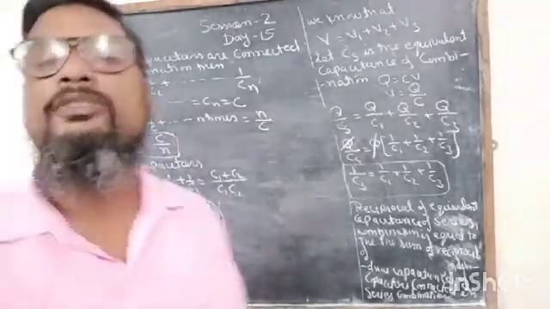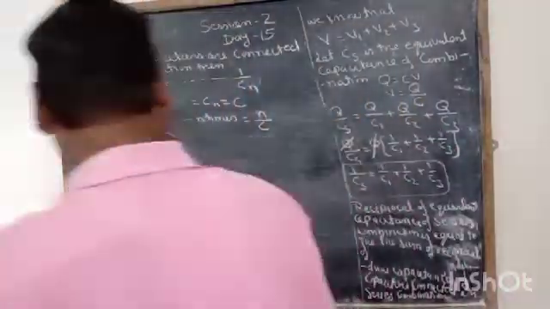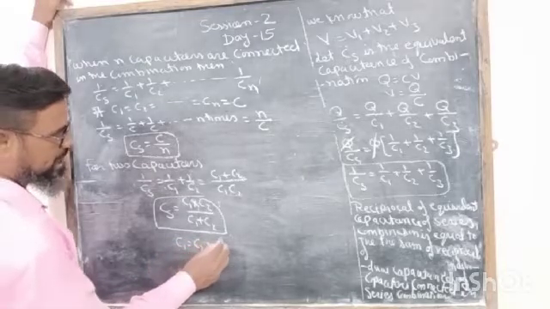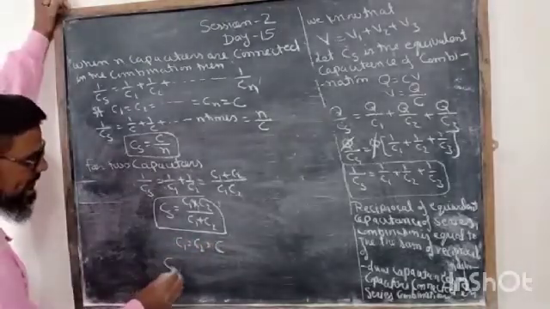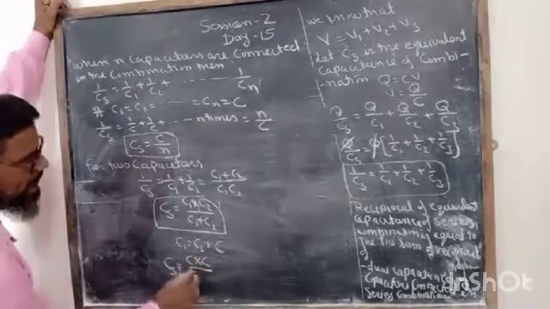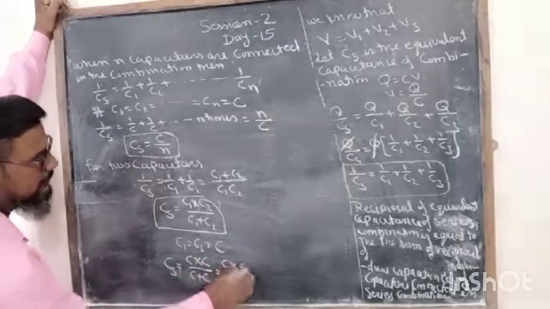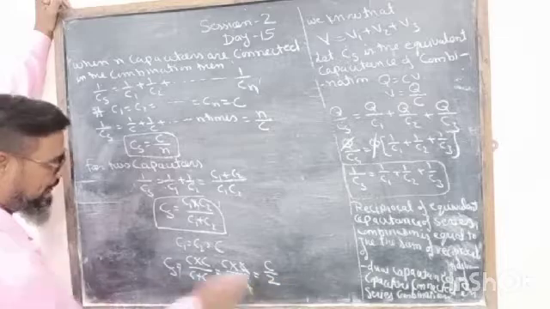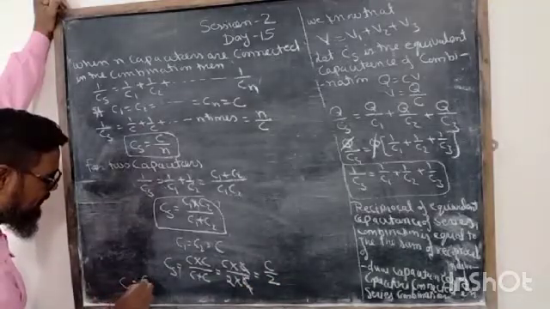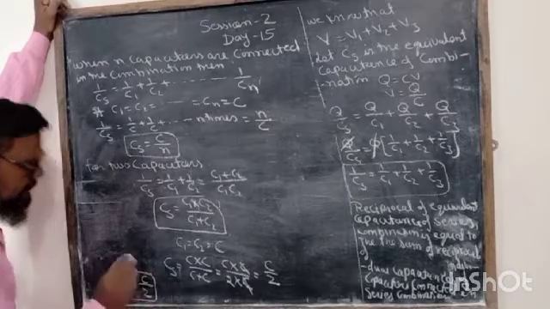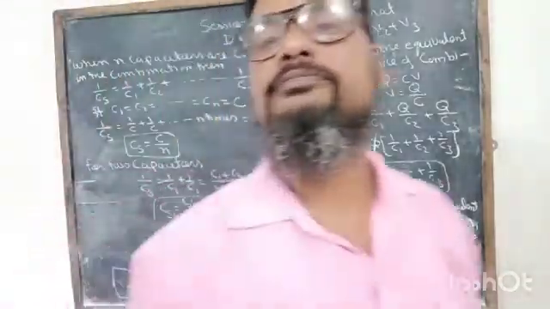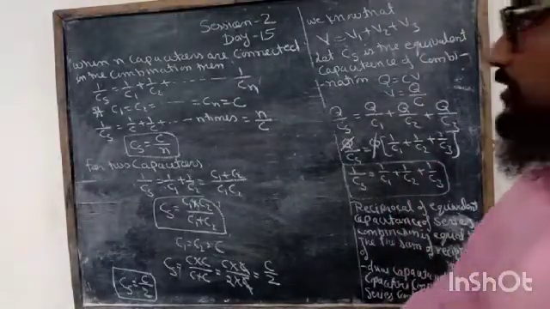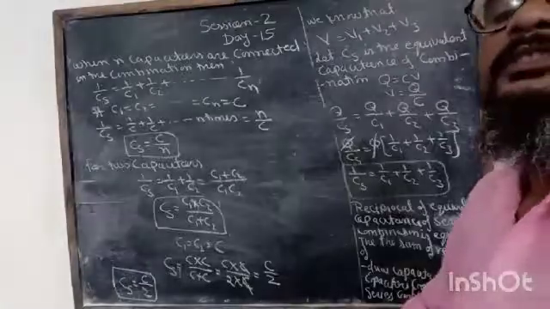This is the value of series combination for two capacitors. And again, if C1 is equal to C2 is equal to C, and the capacitances are equal, then C into C upon C plus C means C into C upon 2 into C. C and C cancel out, giving C by 2. Then Cs is equal to C by 2. So this is all about series combination.